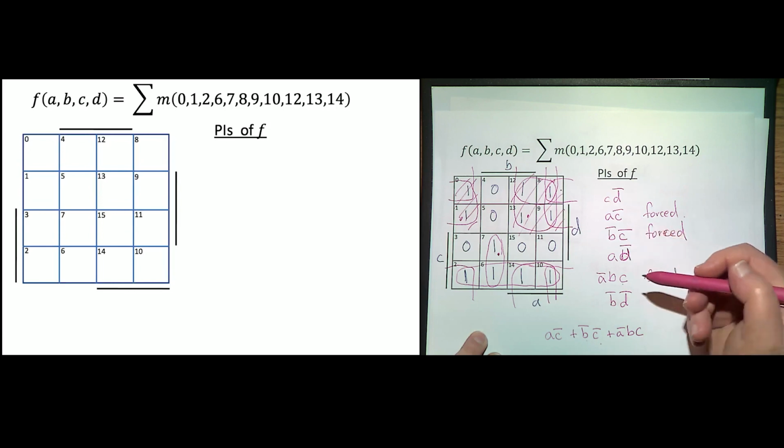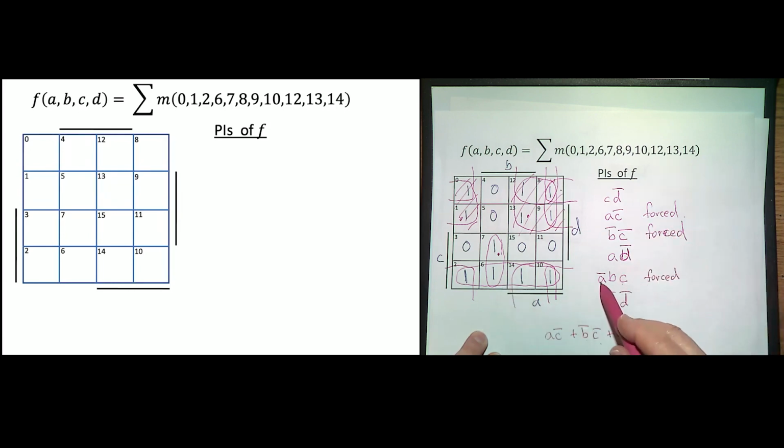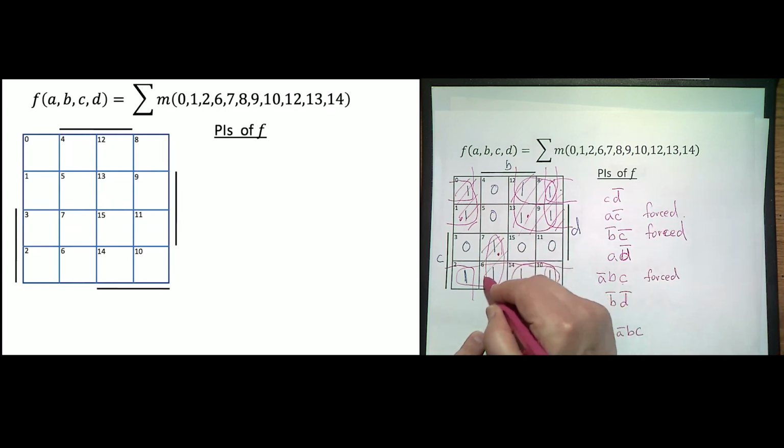And 6, 7, that's A bar, B, C, covers these 2. Did I cover everything? No. So this is a case where the forced prime implicants don't cover everything. At this point, it's usually a very small problem, and you can easily figure out the best solution. I still need to cover 2, 10, and 14.